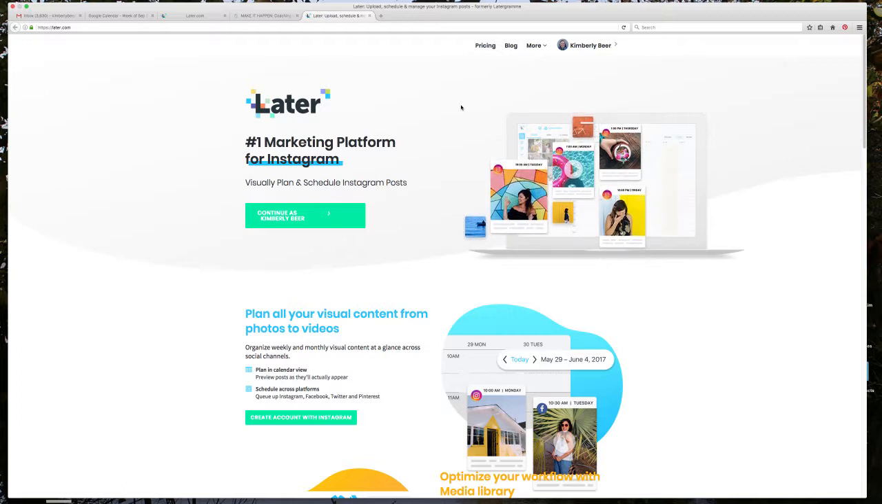But I'm going to give you the link that you can utilize to go find out information at later. So again, this is not going to replace one of those products like Hootsuite. It is, however, for those of us who do not use Hootsuite,